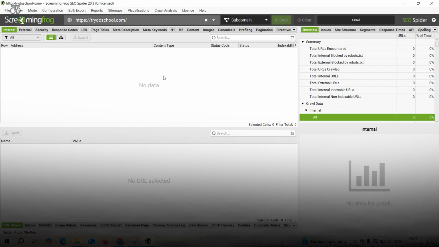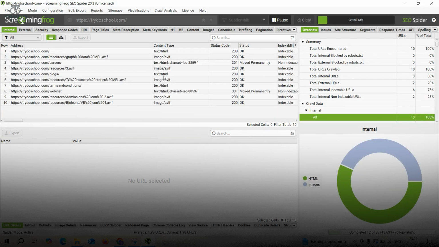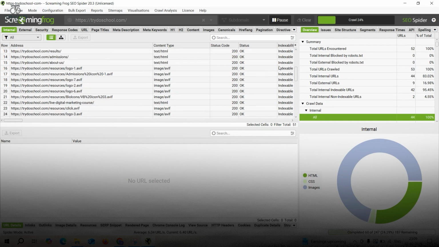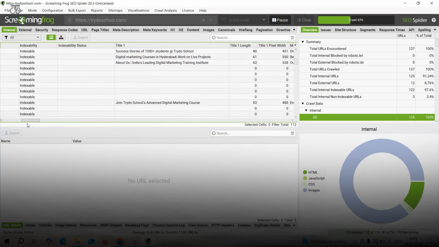The entire website gets crawled. It will take a few minutes of your time. Can you see it over here? The entire website data. You can see whether these pages are indexed or not. Can you see the entire data over here? It is indexable,